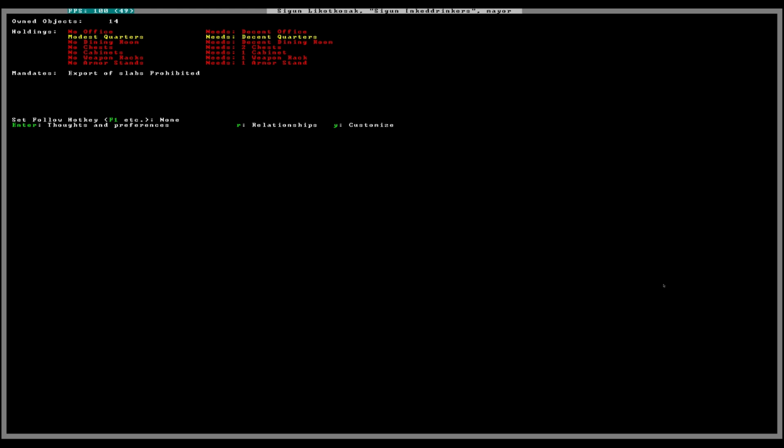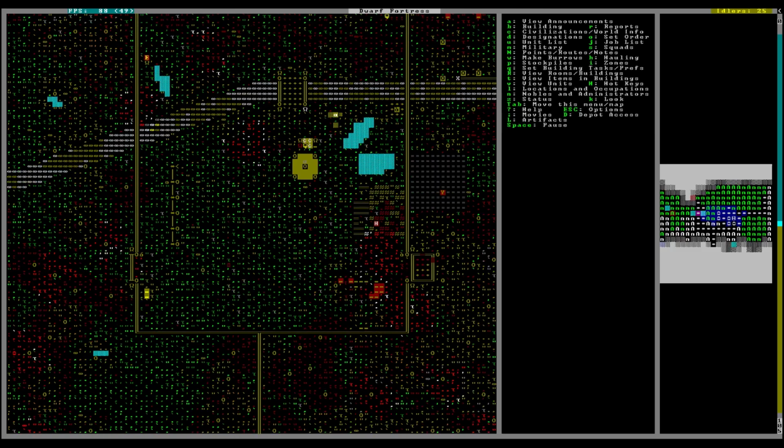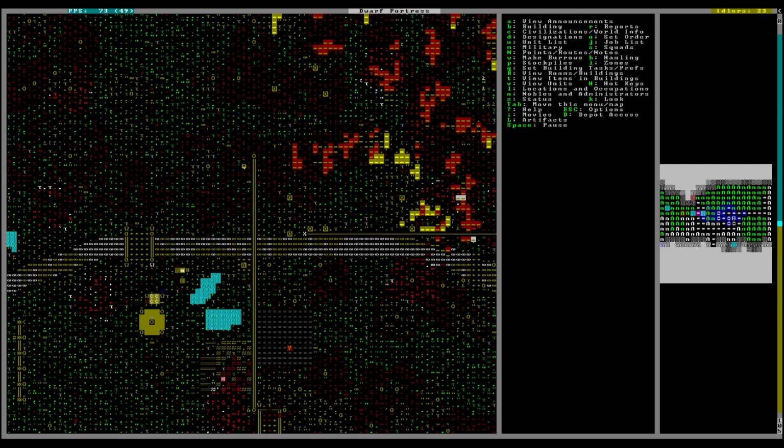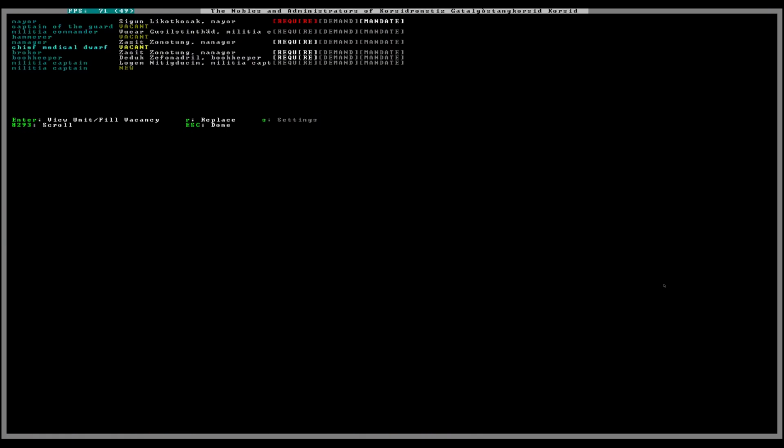Export of slabs is prohibited. Oh yeah, well I think you're prohibited. How about that? I'm your overlord. Yeah, deal with that. Anyway, what were we doing? Oh yes, the bookkeeper. I want to see...